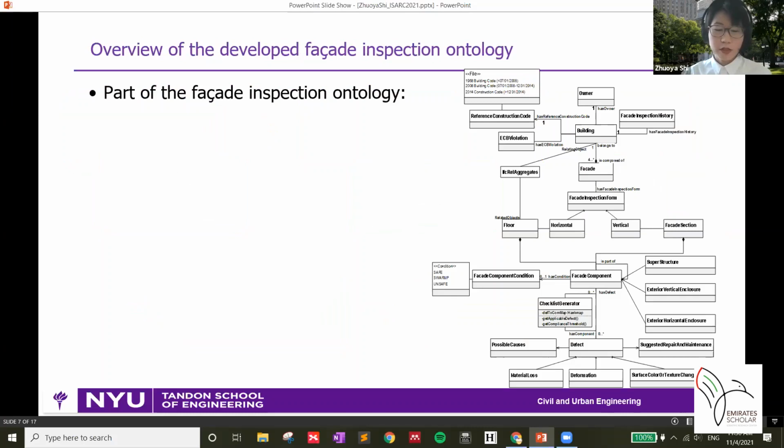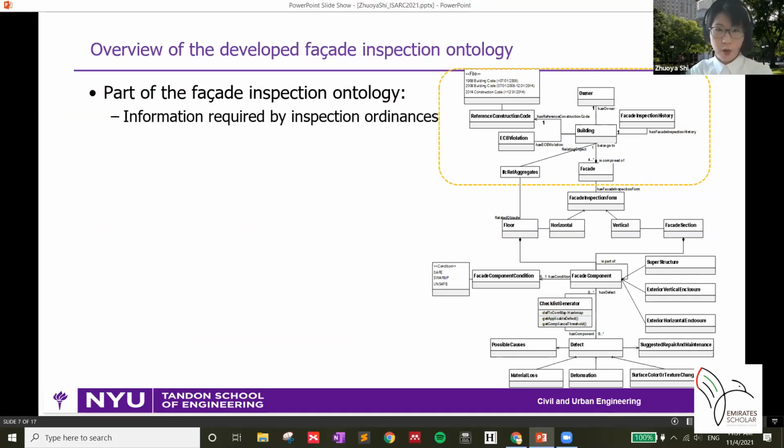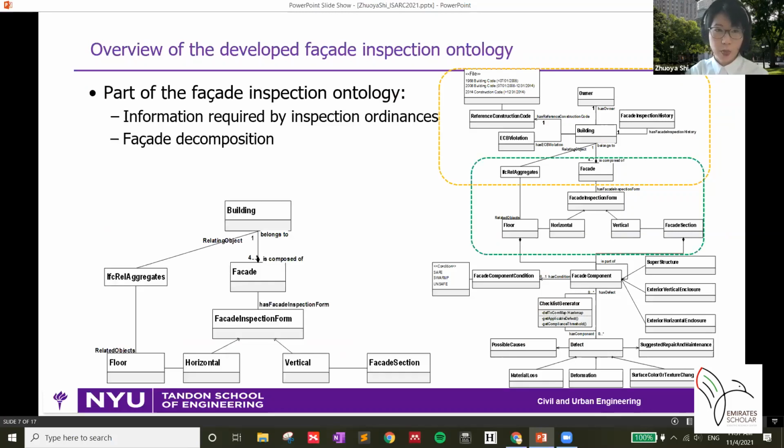One outcome of this research is the developed facade inspection ontology. Here is a part of the ontology that covers the information required by inspection ordinances, such as code compliance checking, violations of the building, and the inspection history of the target building. Also, facade decompositions. The inspector may decompose the facade based on their inspection approach. If they are doing the visual inspection with a boom lift or a rope drop, they may decompose the facade vertically. If they check the surrounding facade from a balcony, they may decompose it horizontally by floor. And